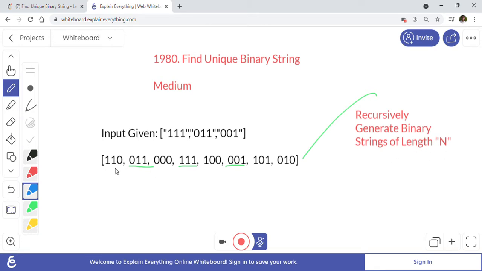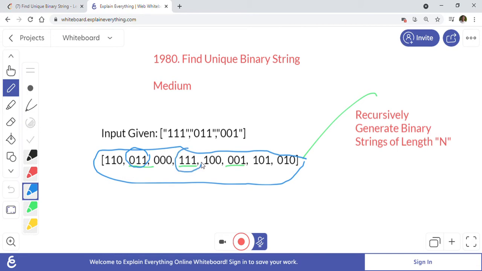These are the generated binary strings of length 3, and we can return any of the strings which is not in the given input. The given input has 011, 111, and 001, so apart from those, we can return any of these strings as our answer.